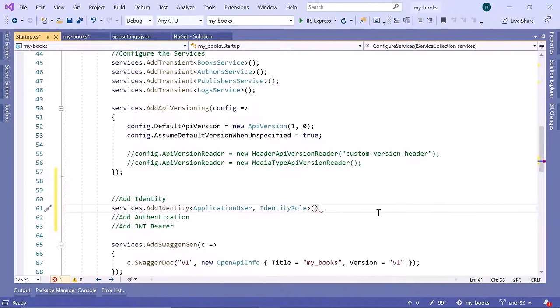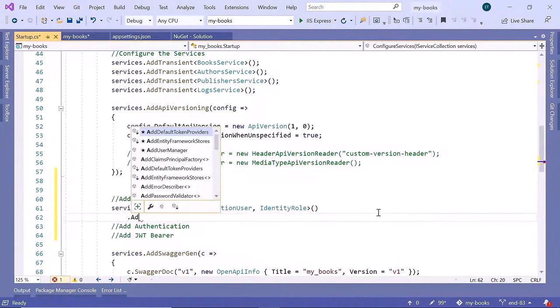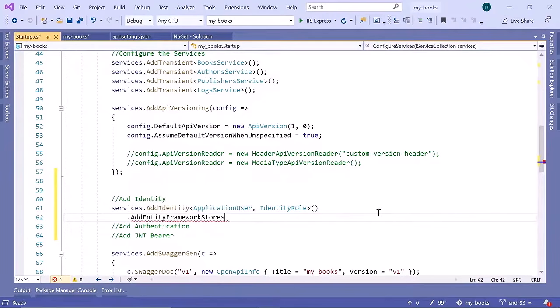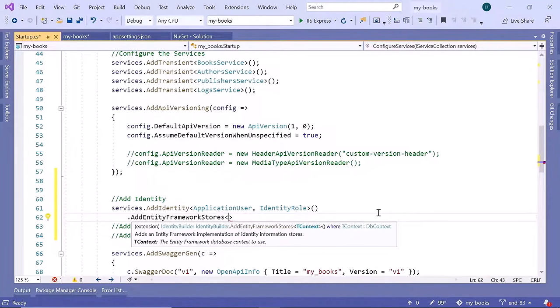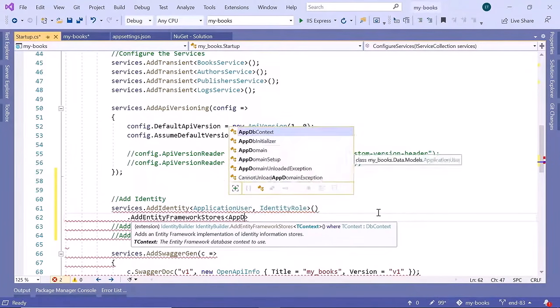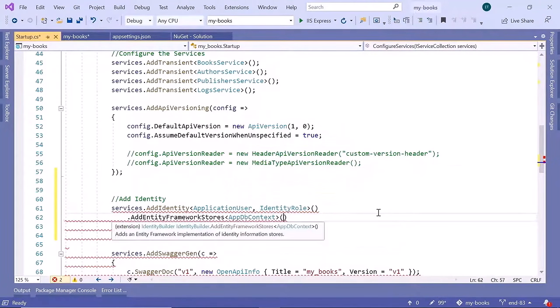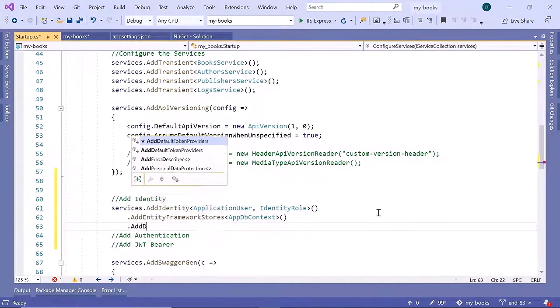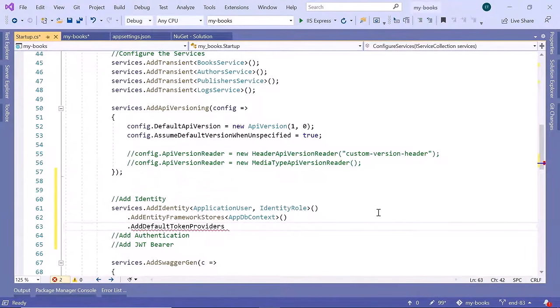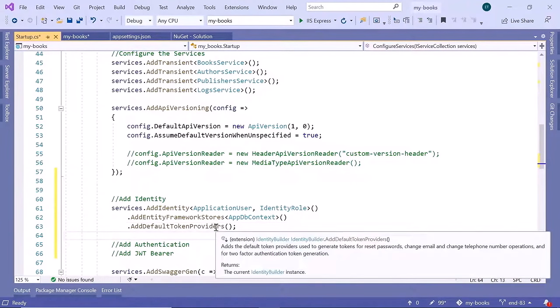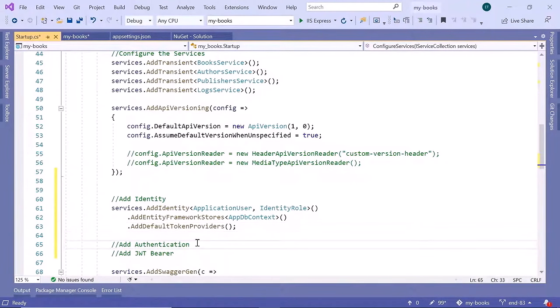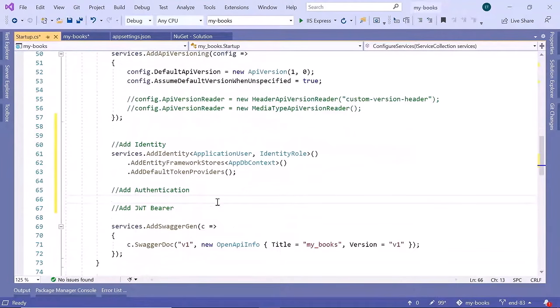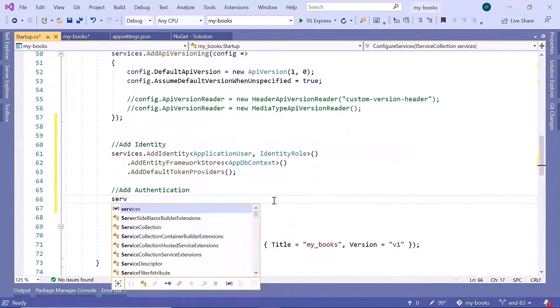Then next, I'm just going to type in here .AddEntityFrameworkStores, because we are using Entity Framework Core to work with identity related data. And the DbContext file is the AppDbContext. And the last method that you need to use is the .AddDefaultTokenProviders. Now let us define the authentication part. So for that, in here, I'm just going to type services